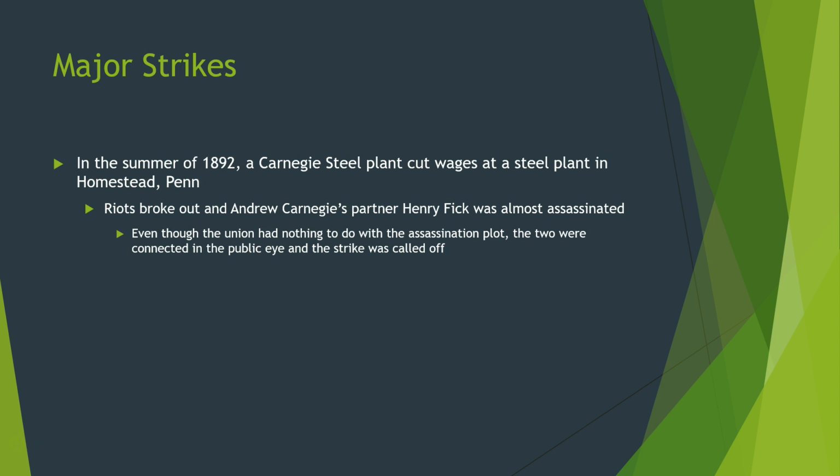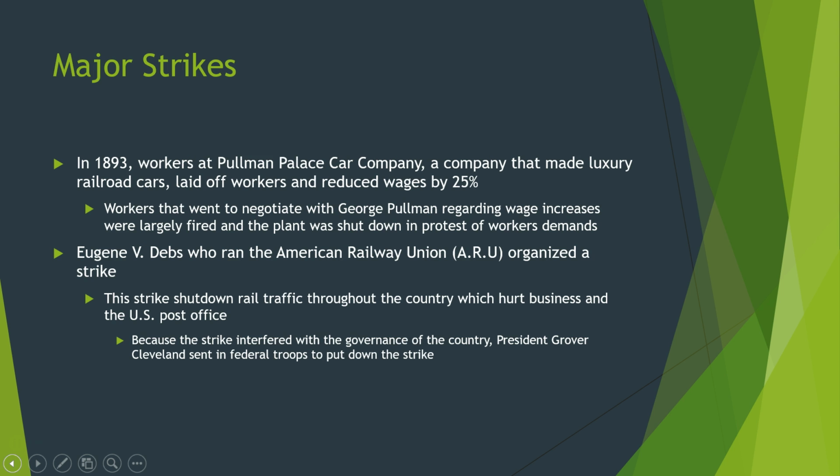So we've got two major strikes here, the Haymarket Square riot and the Homestead riot, and when we look at these strikes, because the anarchists are inserting themselves into this, it's causing a lot of negative publicity for unions in the country, and it's causing a lot of normal people to not want to support these movements. Another one of the major strikes that takes place during this time period is in 1893, where